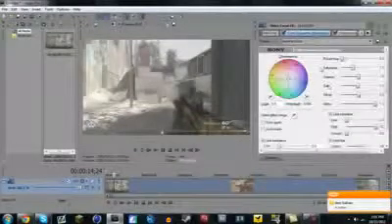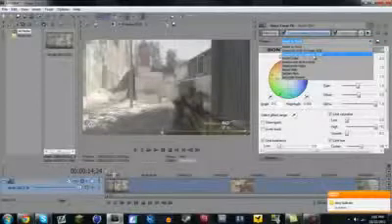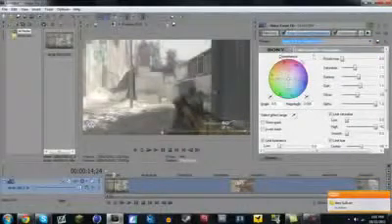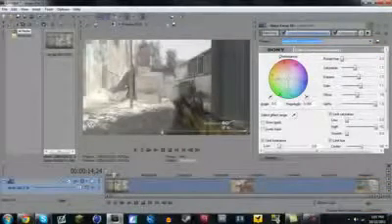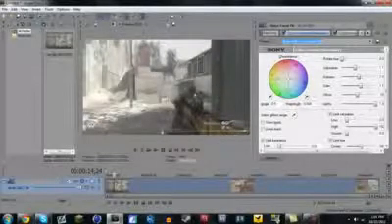Alright, now the first thing you want to do is go down to Sony Color Corrector Secondary in your little line of effects. You're going to want to drop down and go to Studio RGB to Computer RGB. This is going to remove the haze from the video, and also it basically makes it look a whole lot smoother and better. Then I go down to color curves, and I already have a preset for this,